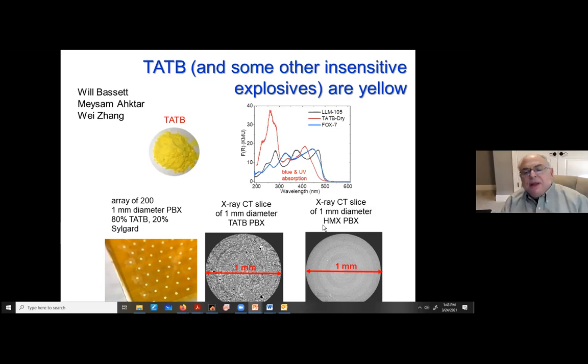It's not real good. We can get much better results with HMX, where if you look here, it's really uniform. I think what you'll see is really tiny voids. There, maybe you can't see it, one there, and there's also a big crystal right here. Okay, but anyway, that's the quality. So we can really mass fabricate arrays of hundreds of tiny explosives to study on a tabletop. And the mass of these explosives is anywhere from 50 to 250 micrograms. And so this is an inherently safe experiment because the quantity is so small.